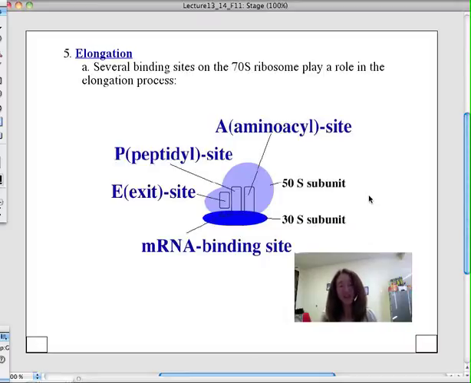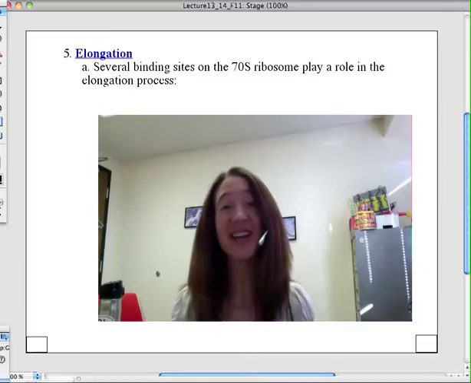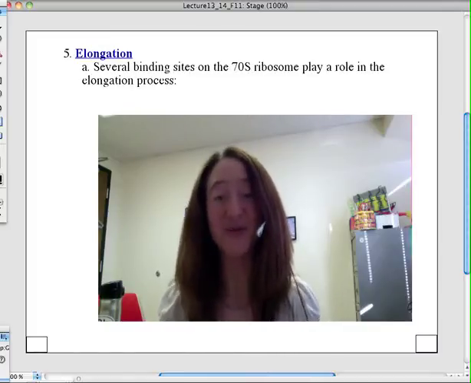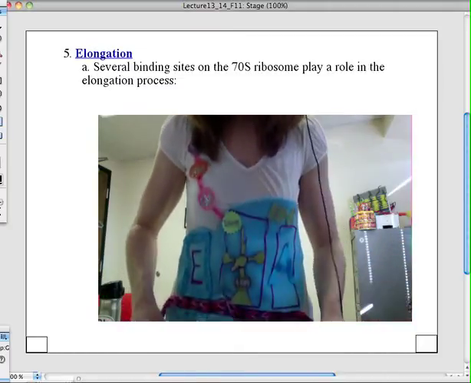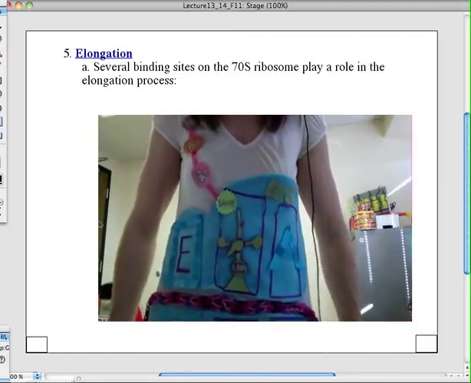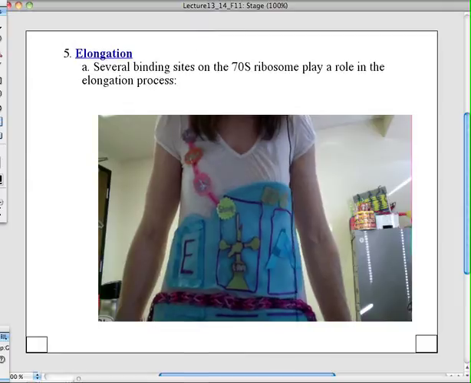Now, some of you may have been looking at me and thinking, wow, is Rachel wearing a ribosome today? If that's what you were thinking, then you are spot on. So I'm going to see if I can get up and show you my ribosome t-shirt. Now, I have been yearning for this ribosome t-shirt for a long time, and finally last semester one of my